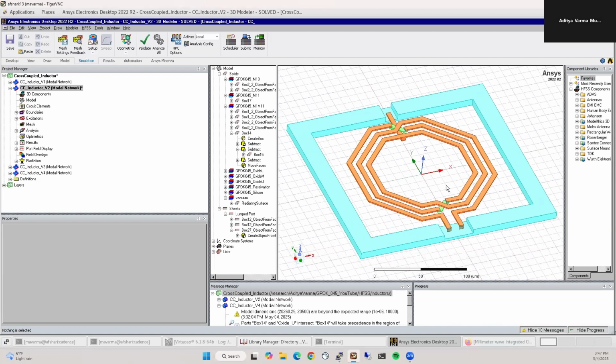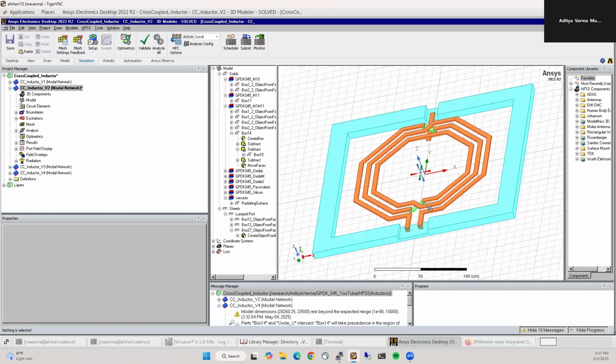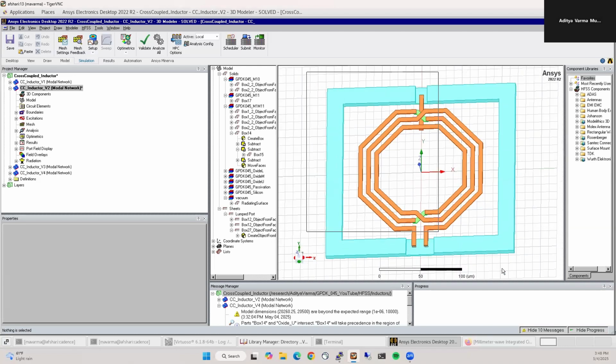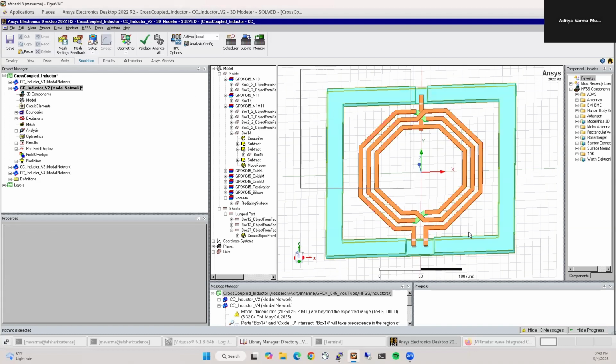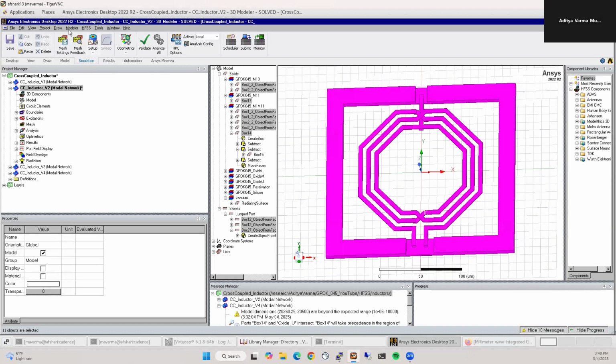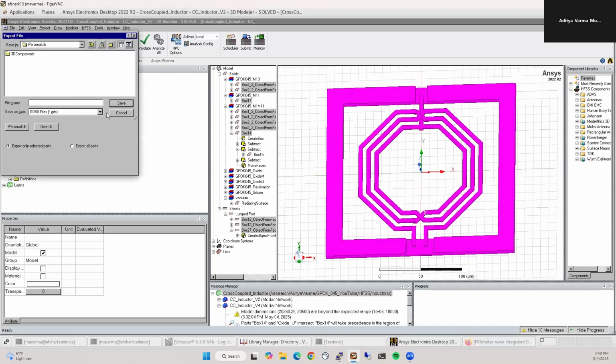So, okay. So we need to export the layout of this and import it into Cadence. So how do you do that? You can select objects, select all the objects, say Modeler, Export, choose GDS2 here, and then you can call it whatever you like. So let me actually go to a folder